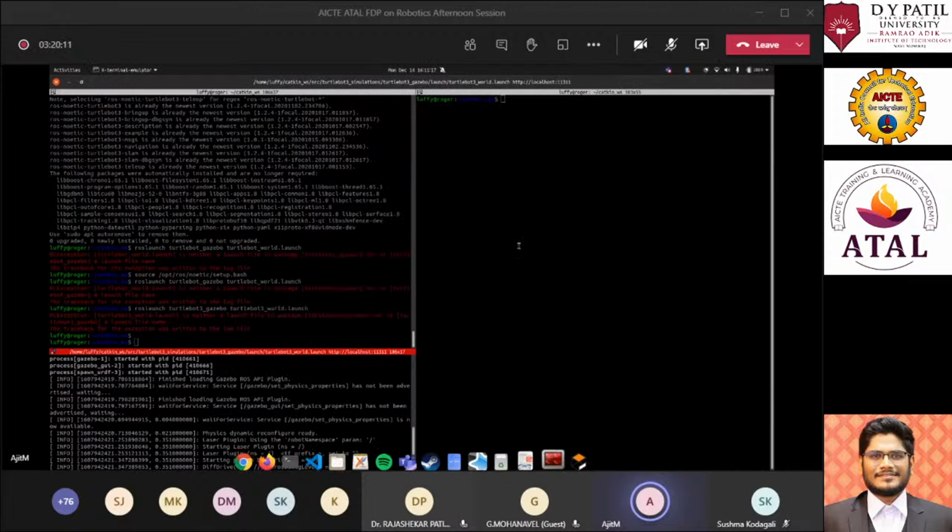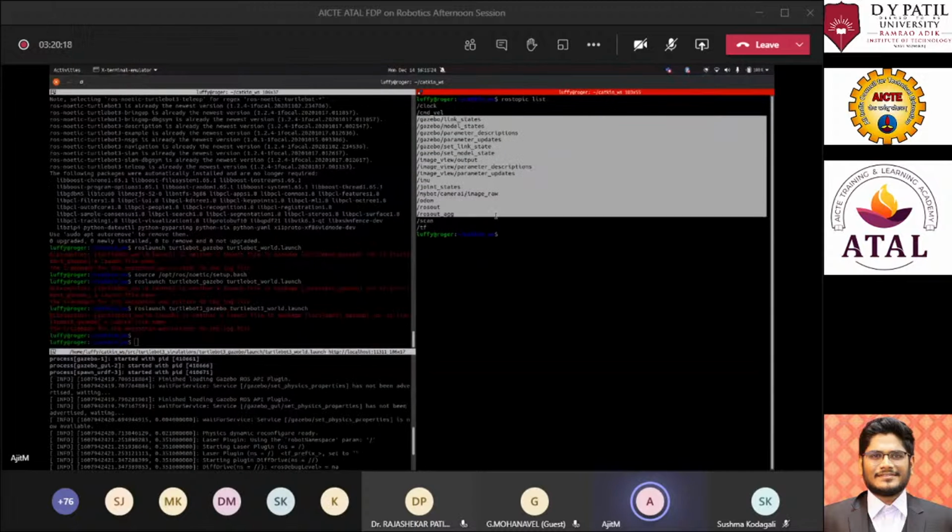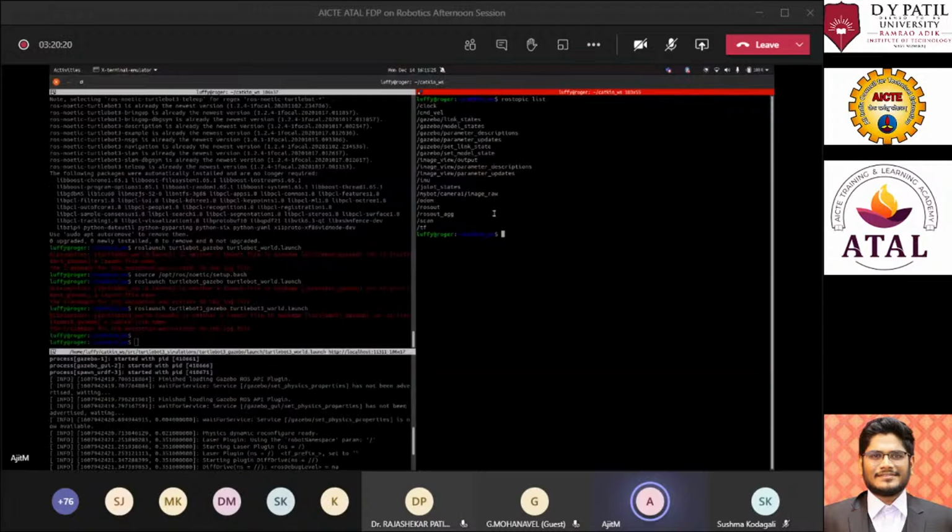And if we look at the ROS topics which are getting published, you can see these are the different topics which are getting published because of this specific robot simulation. So there is IMU, there are joint states. Now joint state is nothing but the TF transformation of the specific joints, then odometry, then laser scan.